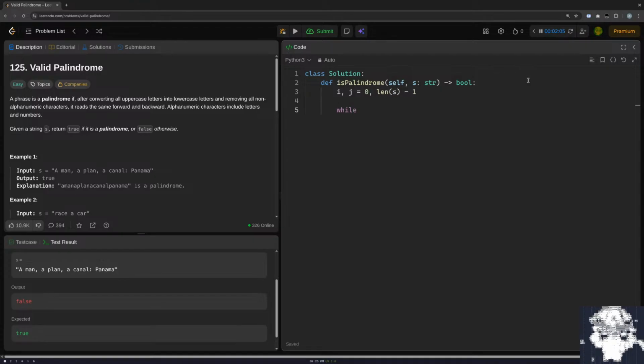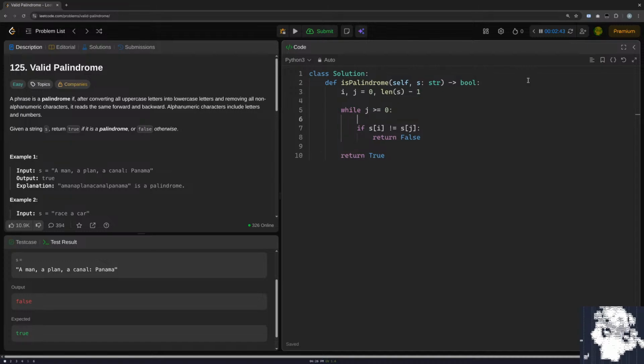And then while j is greater or equal to 0, if s of i is not equal to s of j, return false, and if we get through the whole thing, return true. And then skip